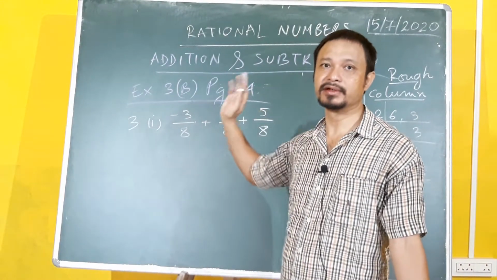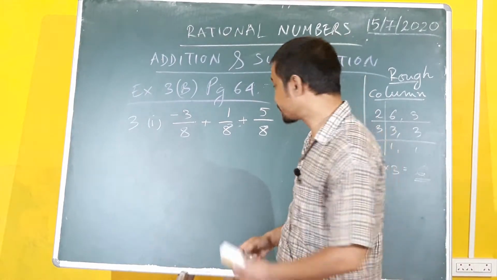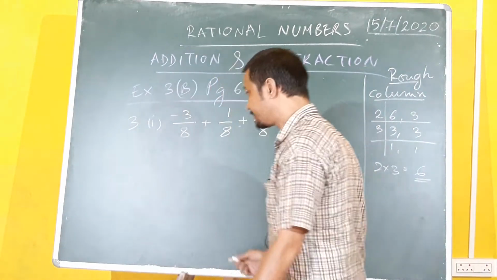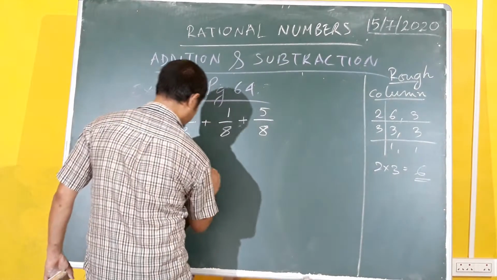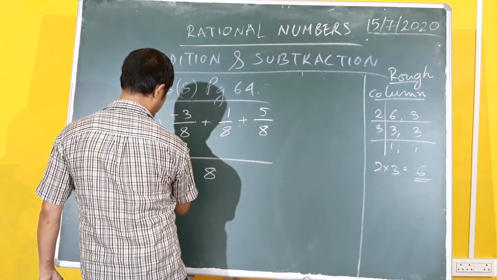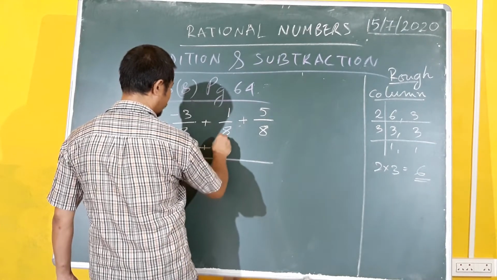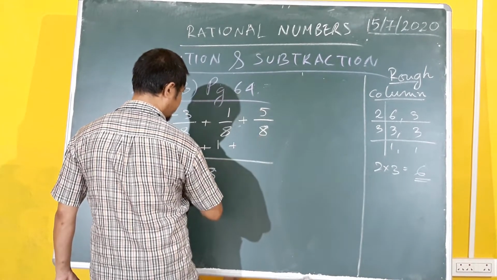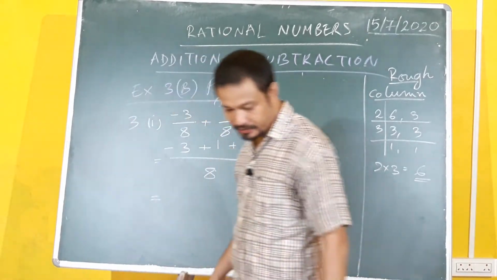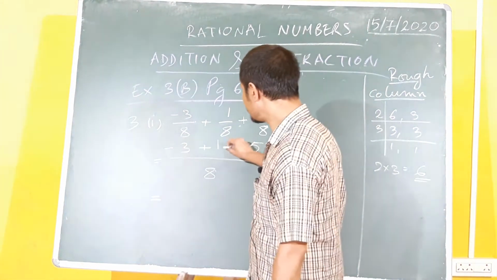Find the LCM of the denominators. And you're lucky, in the sum in the book, all the denominators are the same. That is 8. So naturally, the LCM will be 8. Right? So 8 ones are 8, 1 threes are 3. Plus into minus, minus. Plus 8 ones are 8, 1 ones are 1, plus 8 ones are 8, 1 fives are 5. Okay. So out here we see that there is a negative number and there are 2 positive numbers.